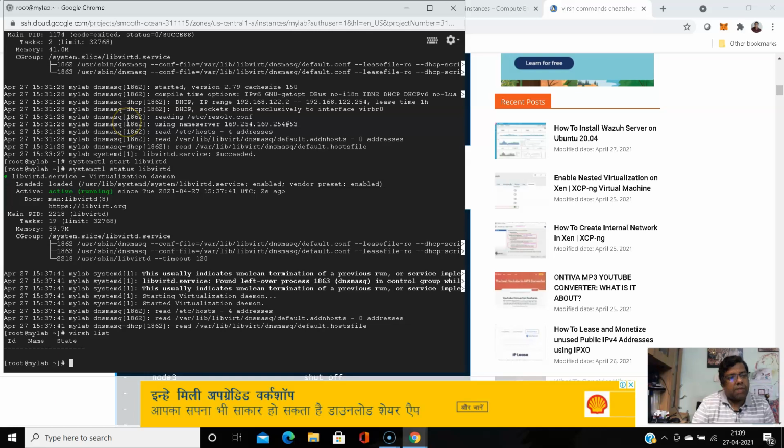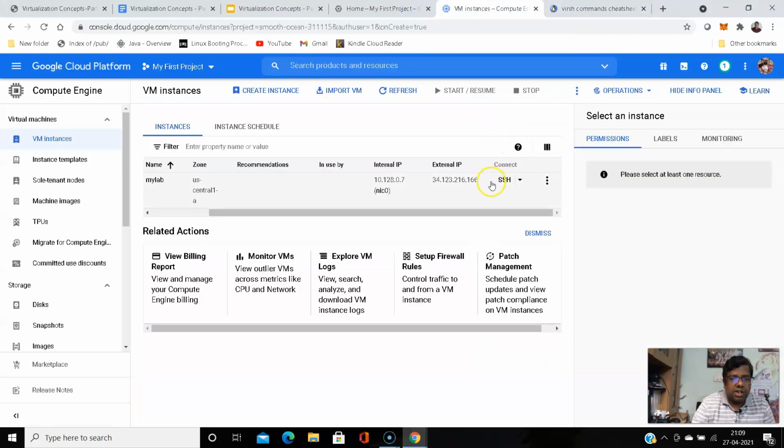But I have already installed the configuration, so let's see if I can access that. I have installed the graphical user interface separately on this, so let's see if I can access it.